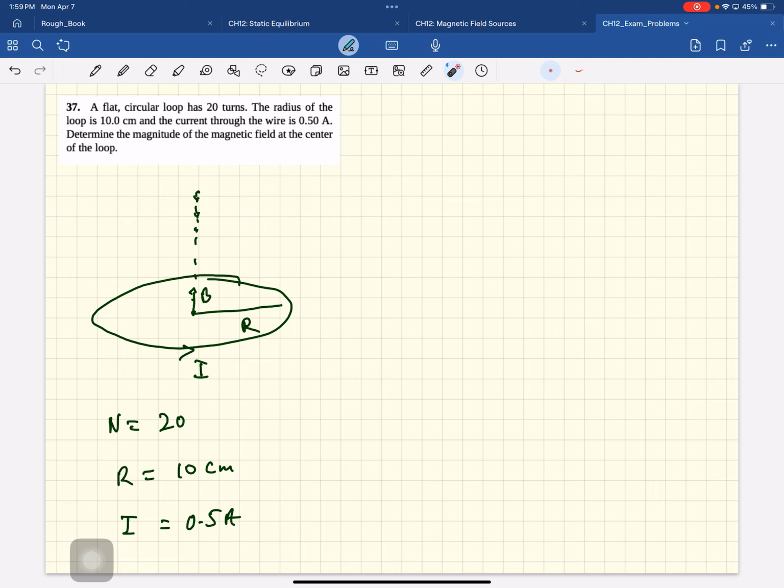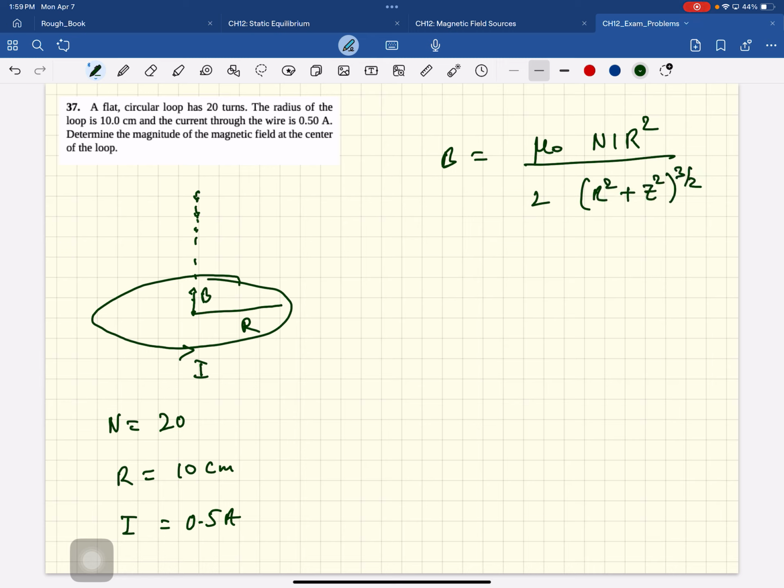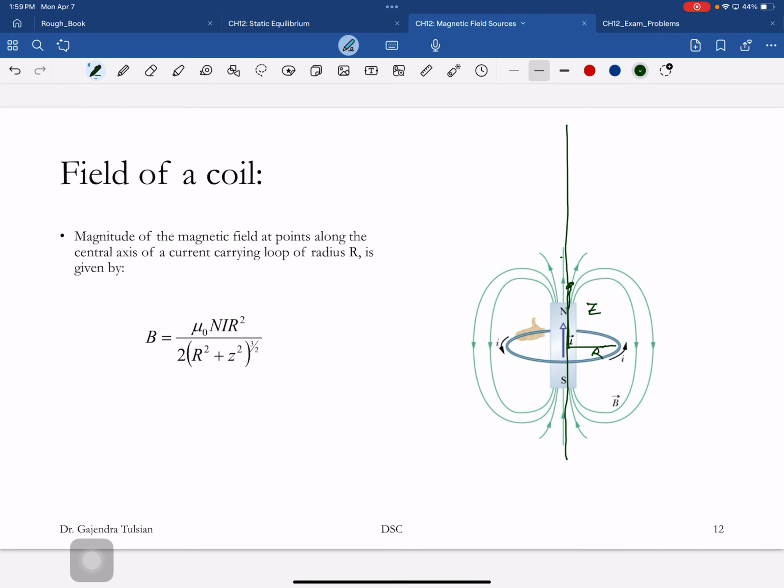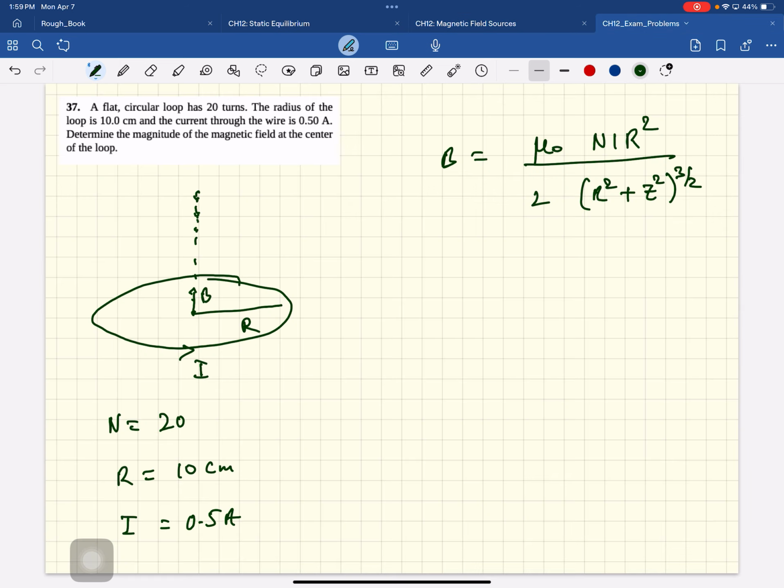So the magnetic field is mu naught N I R squared over 2 times R squared plus Z squared to the power 3/2. Okay. So what is Z here? Z is 0 for us. So the magnetic field at the center is mu naught